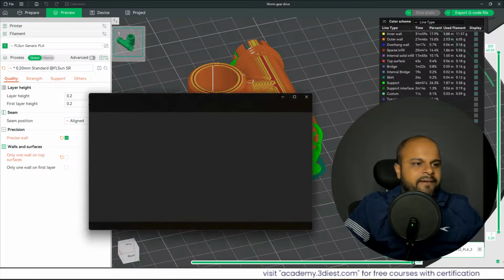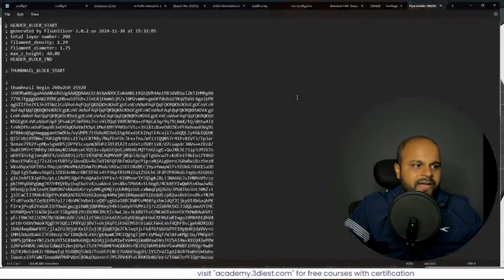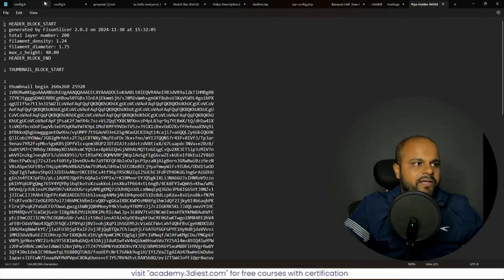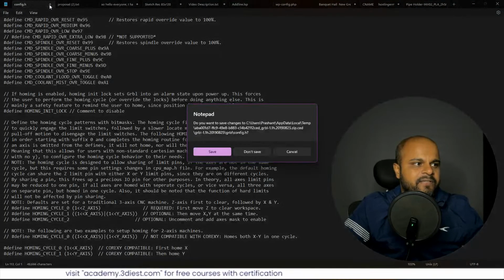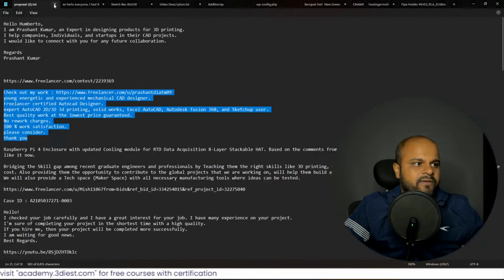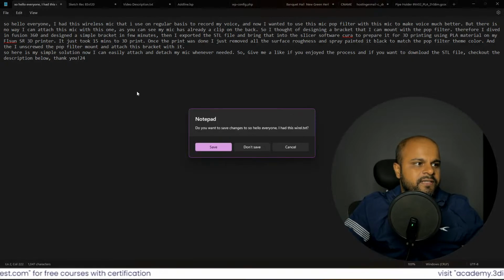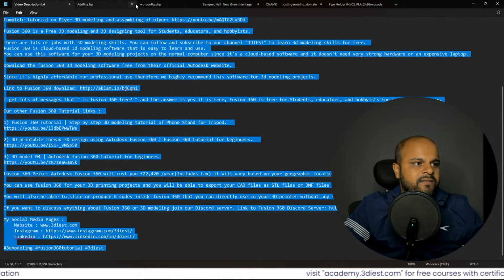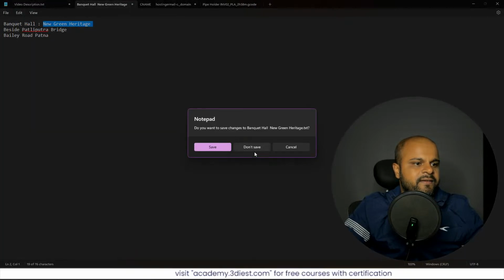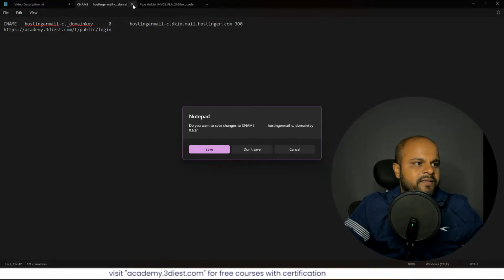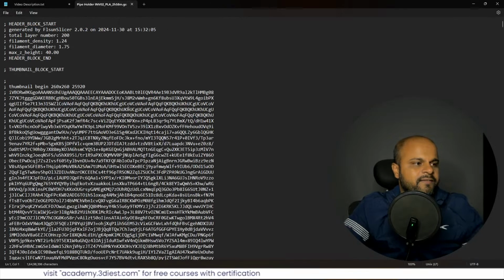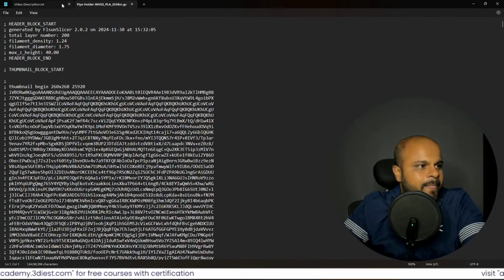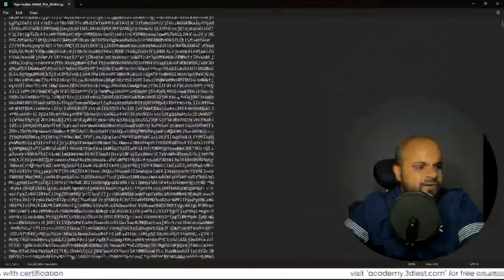And if I open that file that we had created, the pipe holder G code file, here you can see, let me close other options over here, just for your sake, just a second. There are so many things I had written. Yes, so here you can see this is the G code file that we had created, and if we scroll towards the bottom,